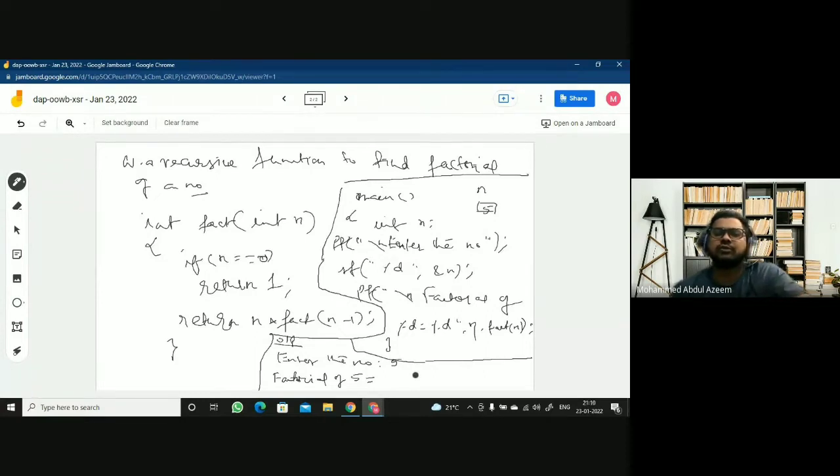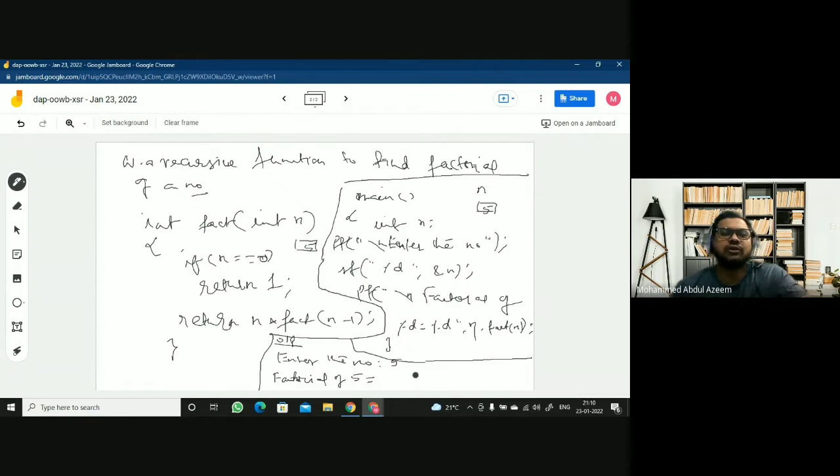Now when the control comes here, it's a function call. The function has to be called, so it takes the arguments, and control is transferred to the called function. Here the n value is 5, so this value 5 is transferred into this n. Now this n has 5, and control is transferred from here to here. Now you have to check whether n equal to 0. No. So you come to the next statement, wherein you have n into, here 5 into,